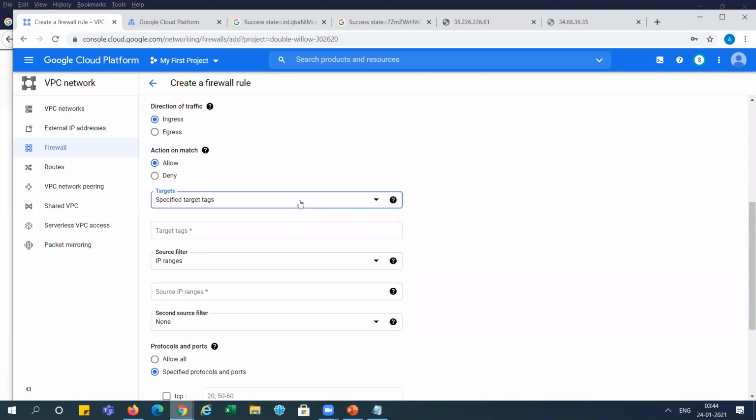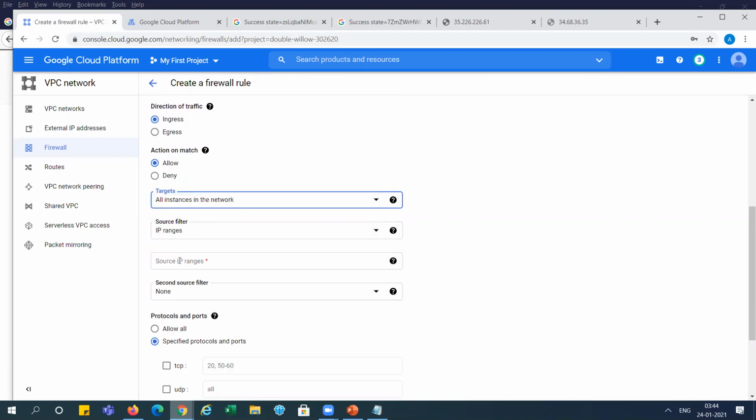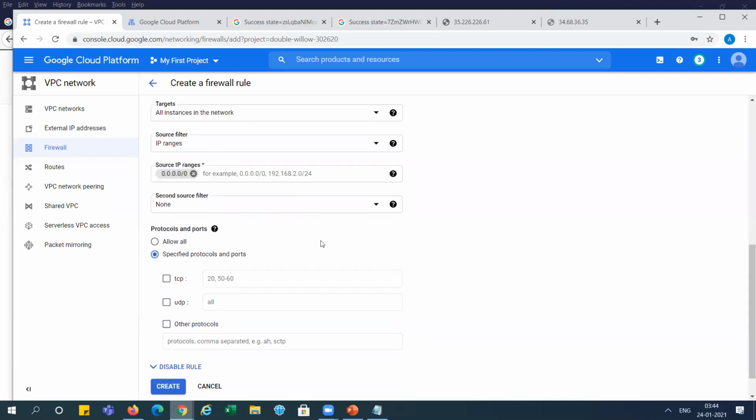All instances, specific IP range. I am giving a specific protocol. We can enter TCP 31200.